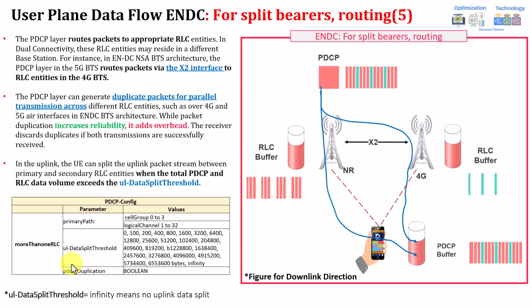And again, these are the bottom left parameters here. This can again be found from the RRC configuration. But again, this is mainly for uplink, especially for the primary path and uplink split threshold, and even for PDCP duplication, because downlink will already be configured at the gNB side. You can check it from the gNB configuration. But for the uplink, the UE should know what it should do, for example, when it can start the uplink splitting if it's going in the uplink direction.